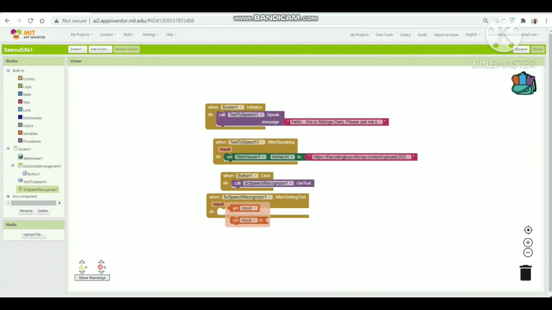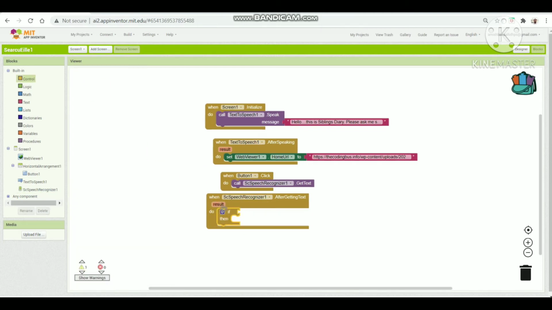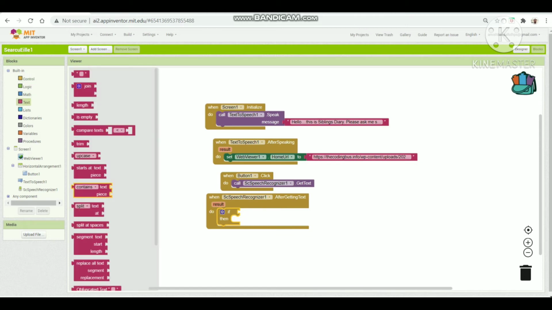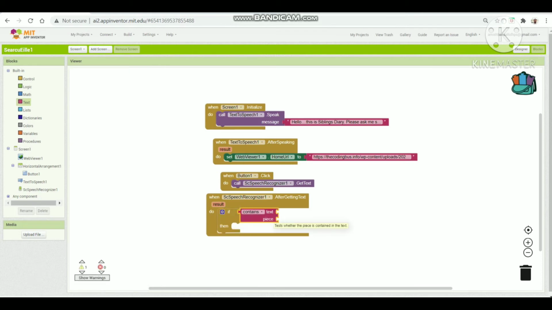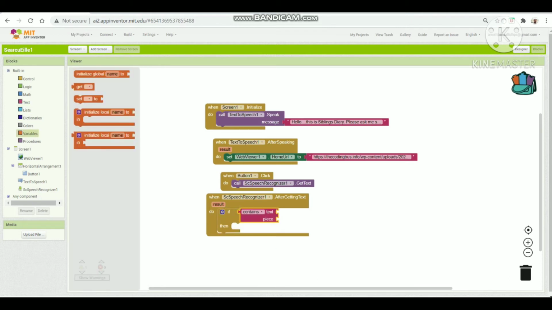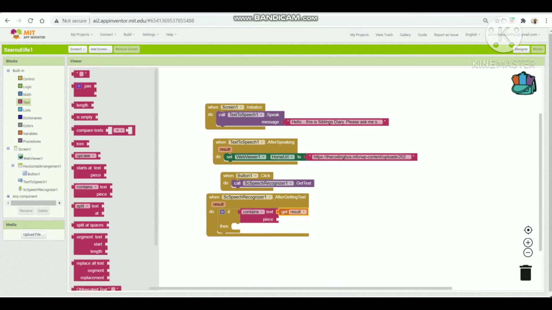Now go in control and drag this. Now from text drag contains text and in piece, this one, and paste it in the above, and from variables, from here drag this get result, and from text drag this.